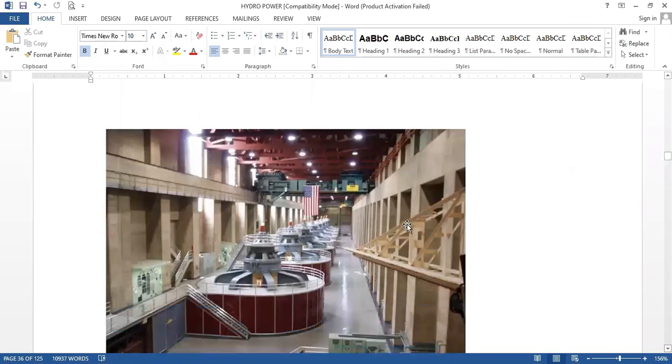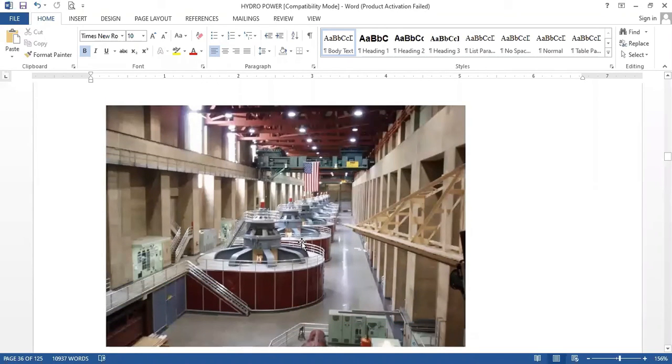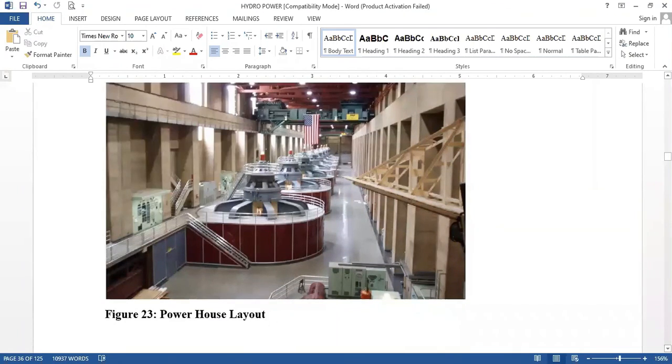So this is a sort of inside view of one of the power stations. So here you can see these are the generators. Though this is one power plant or one powerhouse, many generators are there inside the powerhouse. There are different constraints to finalize the layout, as we have seen. Now this is all about the physical aspect of the hydroelectric power plant.